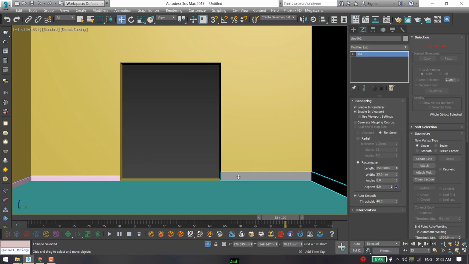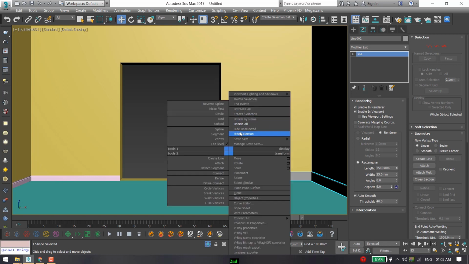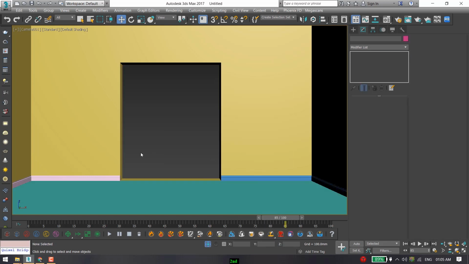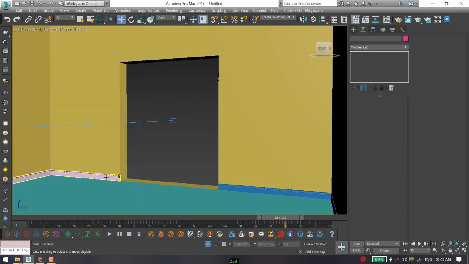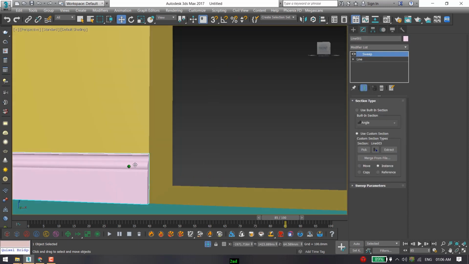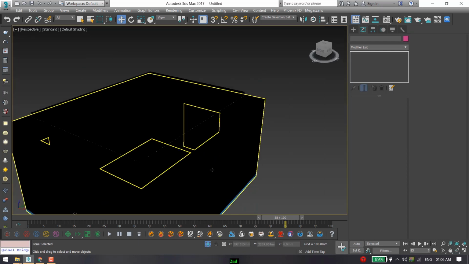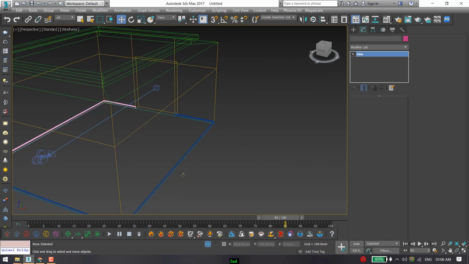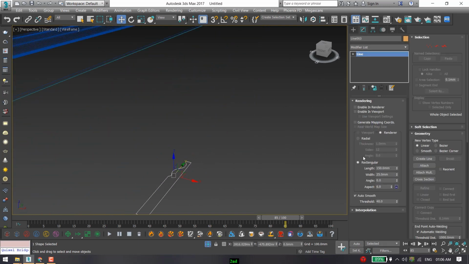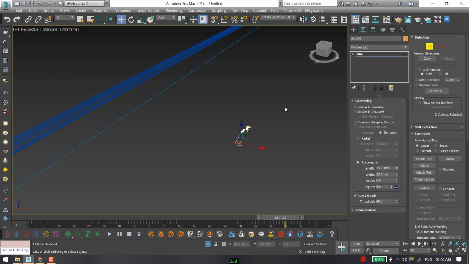So in an interior scene, first we are going to create a skirting. You can see that here we have a nice skirting inside our room. Right click, isolate selection, Alt W. For removing safe frames, it looks small, so just click on the camera and disable show safe frames, or you can use the hotkey Shift F. Press P, press Z. Select this vertex. Now we are going to make a skirting profile again. Go to shapes, select line, and press R to scale this profile in X and Y.